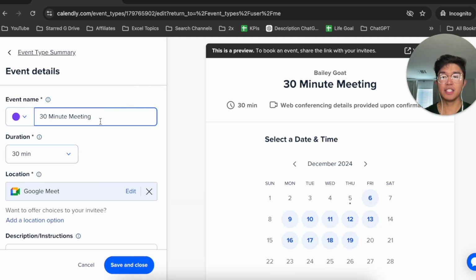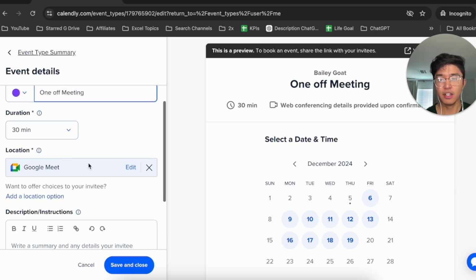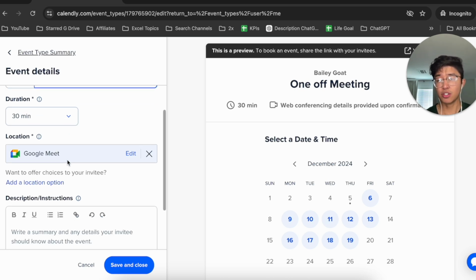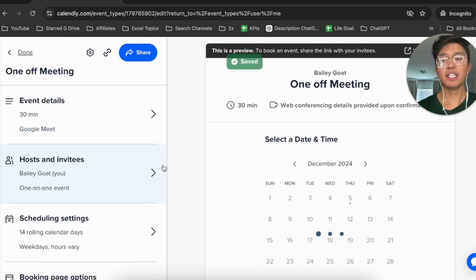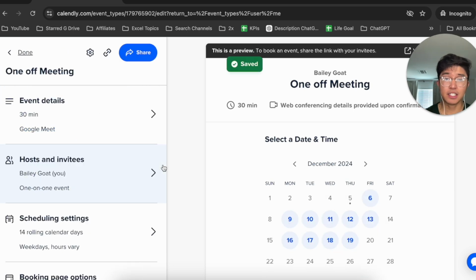So if I want to edit these details here, I'll just say one-off meeting, and you can set the duration here. The location is set to Google Meet, and you can add the descriptions and instructions. So with Calendly, they have a very easy to use interface as far as editing events goes. So this right here is the best and easiest way that I know of to actually go ahead and edit